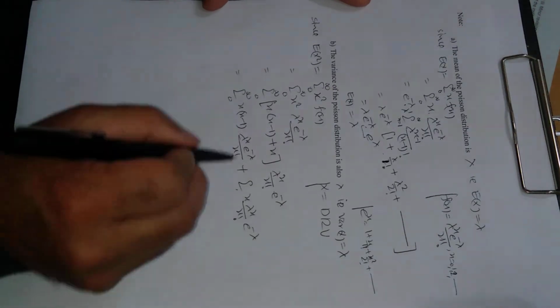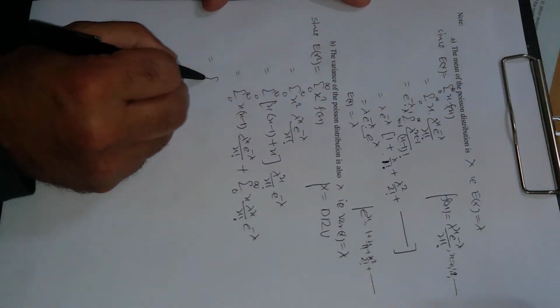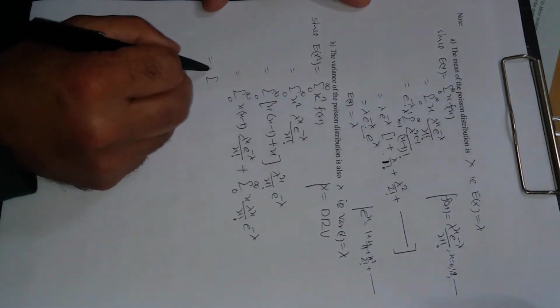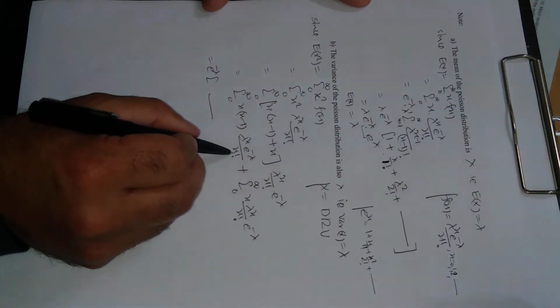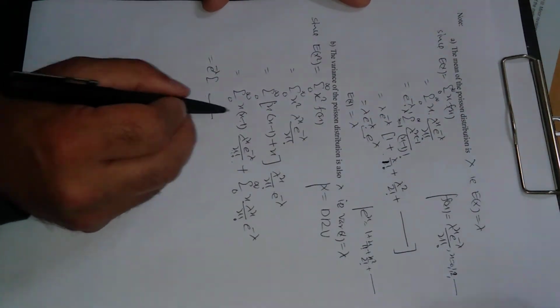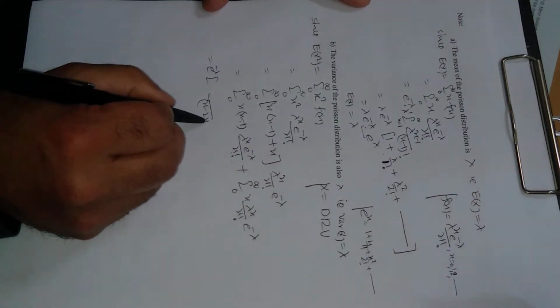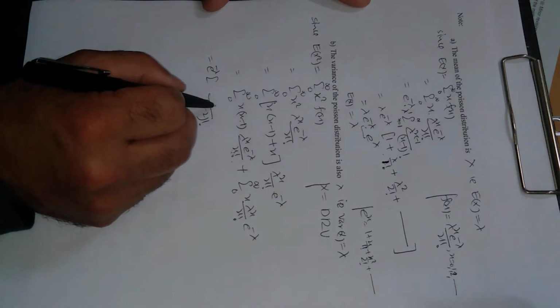This is 0 to infinity. All right, open this 2 times. The term e power minus lambda is constant. If you open this 2 times, this will be x, x minus 1, x minus 2. The x minus 1 cancels, so this is x minus 2. Opening this 2 times, x minus 1 cancels for numerator and denominator, and the rest here is lambda raised to power x.